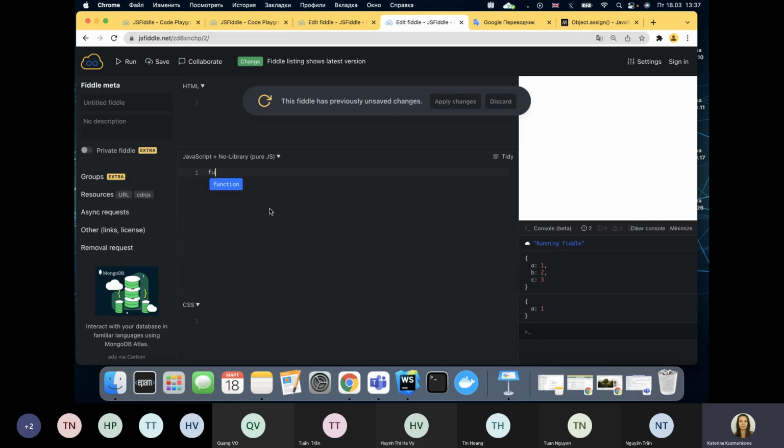For example, this is how we usually declare a function: the function keyword, my function, arguments, and the body of the function, right? And for example, return 0 here. And if we call this function, we will see 0, right? But when we would like to use an arrow function,